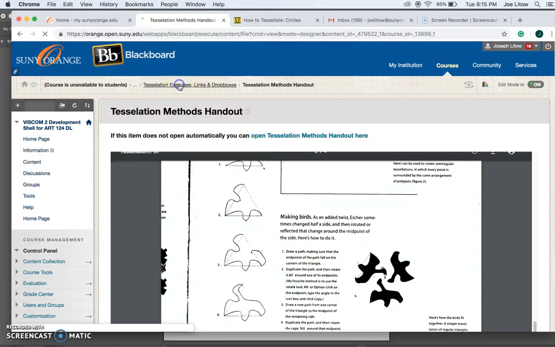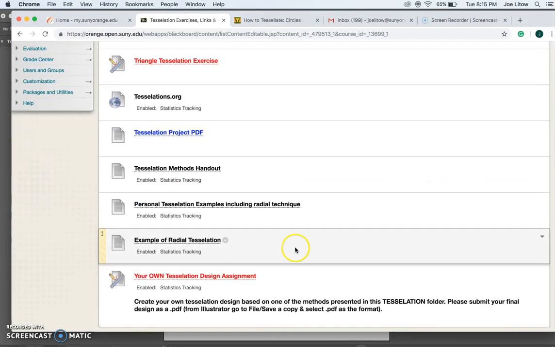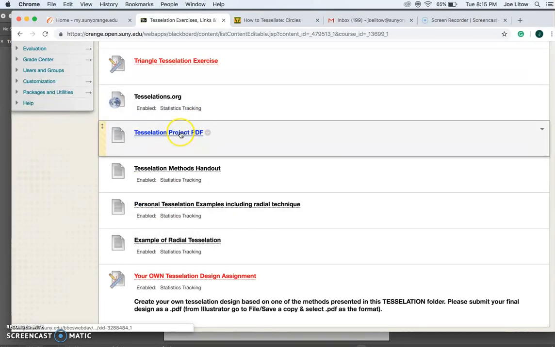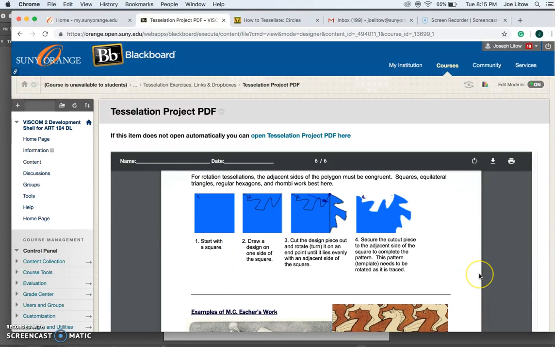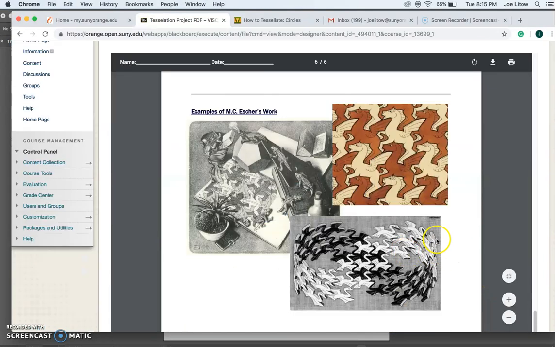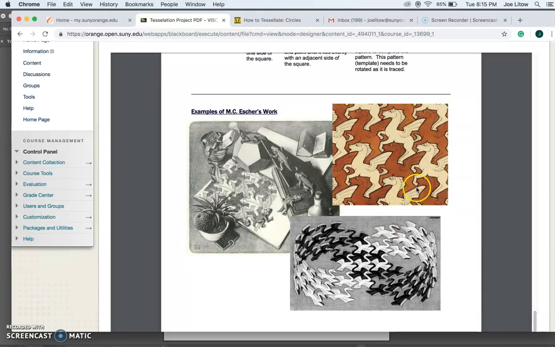Let's go back to the folder. One other thing I neglected to show you while we were there, in the Tessellation Project PDF, back down on page 6, there you go, shows examples of Escher's work. And this is familiar to you. This was how we based our Pegasus. And as you can see, that's one method. And the negative space, of course, is the same form as the positive space. And here again are other examples of Escher's work employing the concept of tessellation.